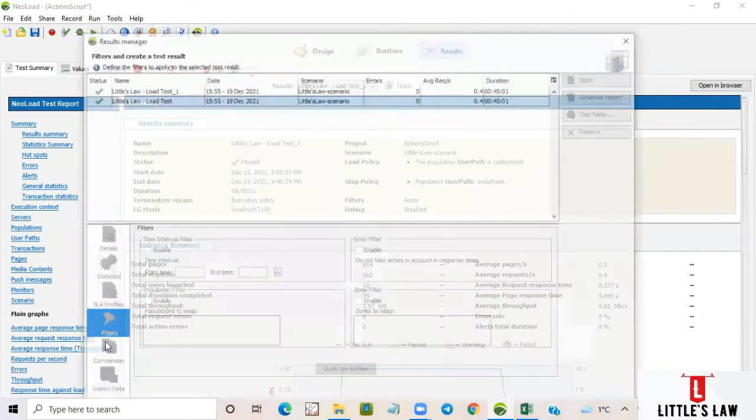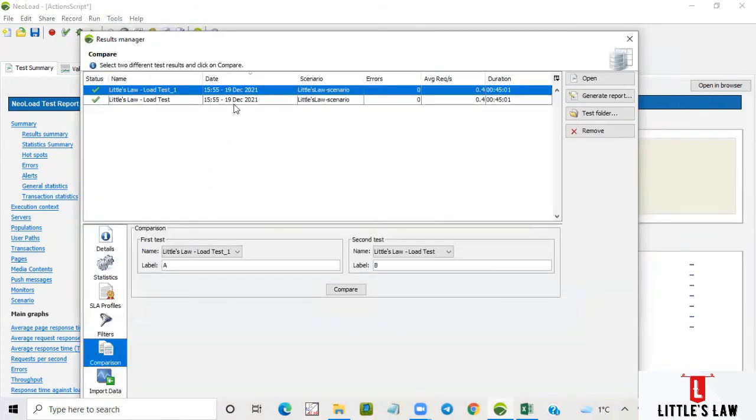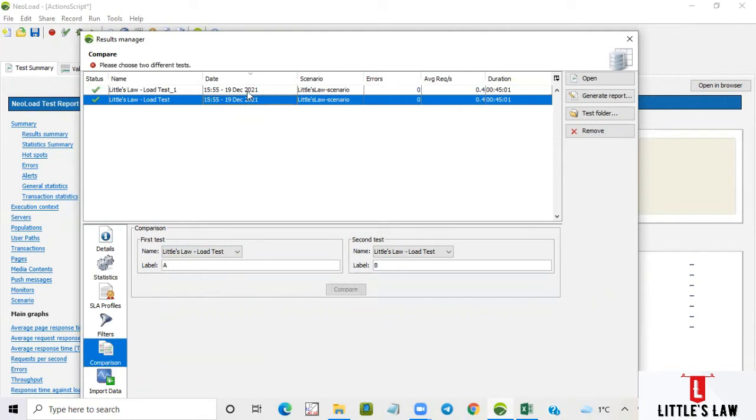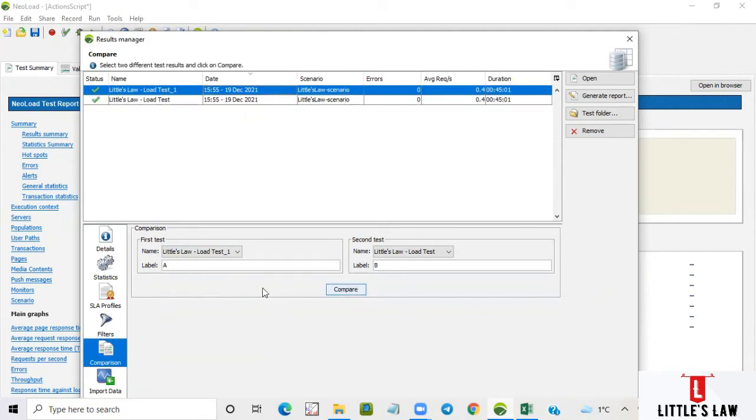Let's again go to the result manager, and in fact, if you want to do any comparison of your test, you can create a comparison result. Say, for example, these are the two tests: load test 1 will be your label A, which you want to compare, and then if you want to compare it with the other test, you can easily compare. For many test cases, like if you are running multiple regression tests, this will help us create a comparison of the result, a comparison of the test.